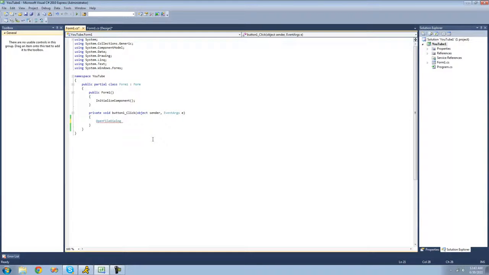Then we're going to want to give a name to our OpenFileDialog. I'm just going to call it OFD for OpenFileDialog. Then just set it equal to a new OpenFileDialog. Now basically an OpenFileDialog is something that will allow the user to browse through the files on their computer and open a file, and then you can do something with that file, but we're not going to get into that in this tutorial. So in order to display the OpenFileDialog to the user, you're just going to want to call the ShowDialog method. So it's going to be ofd.ShowDialog,